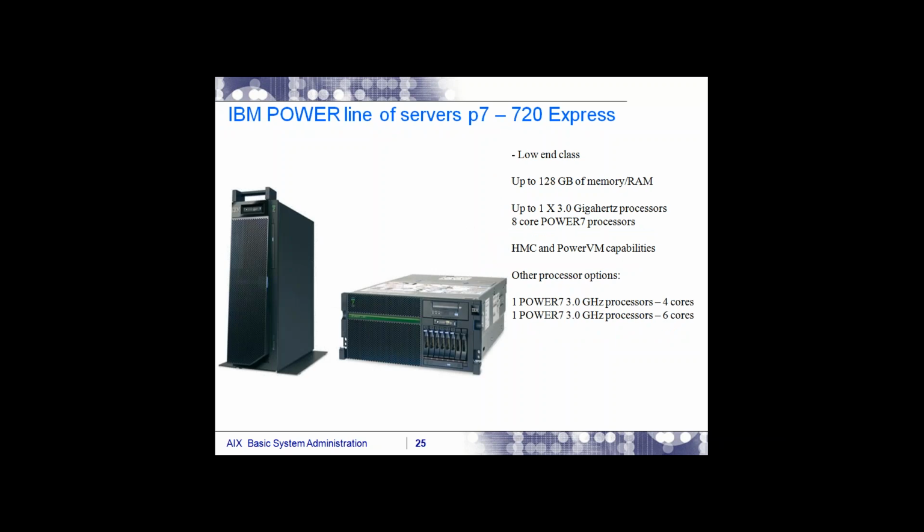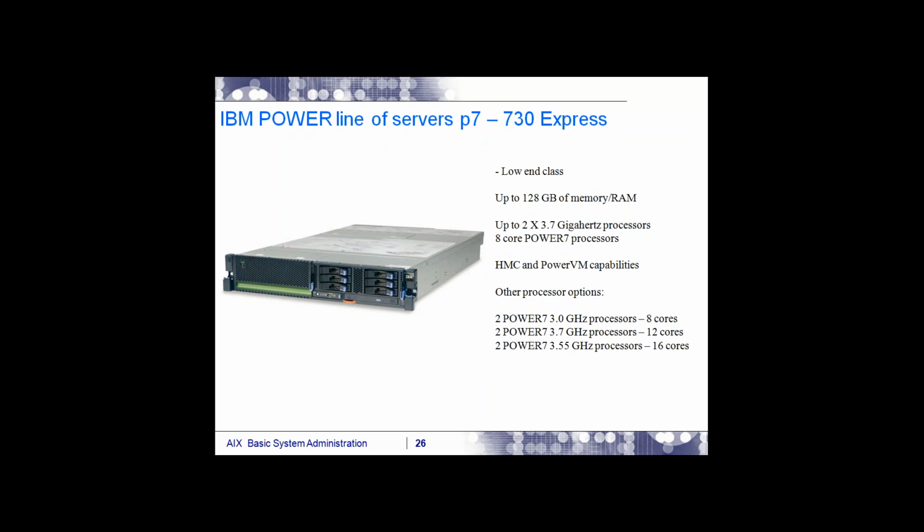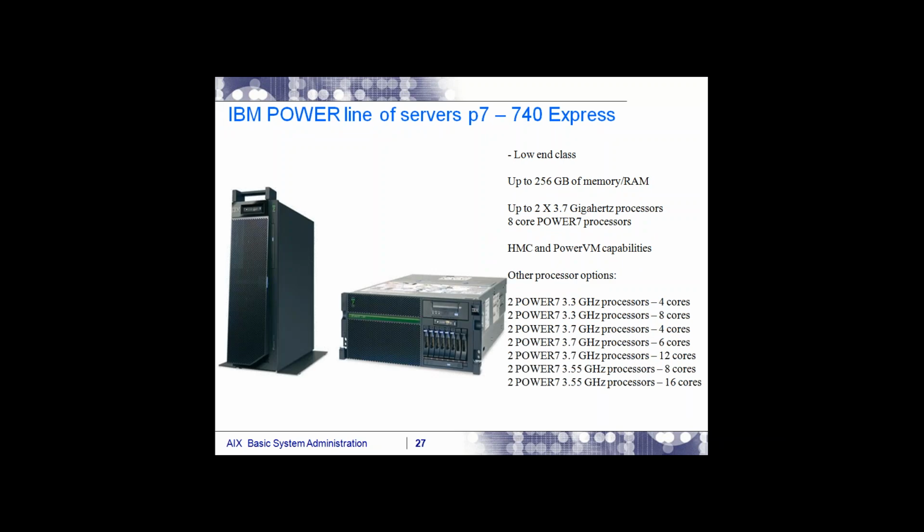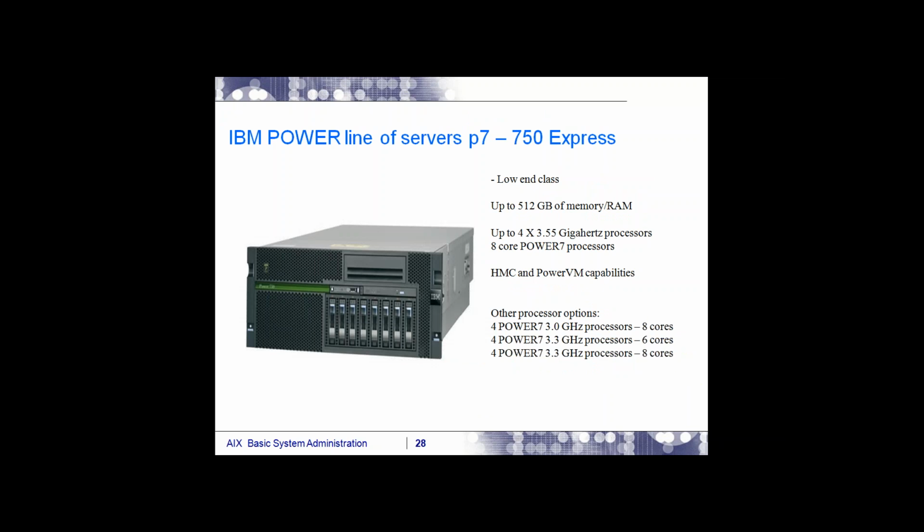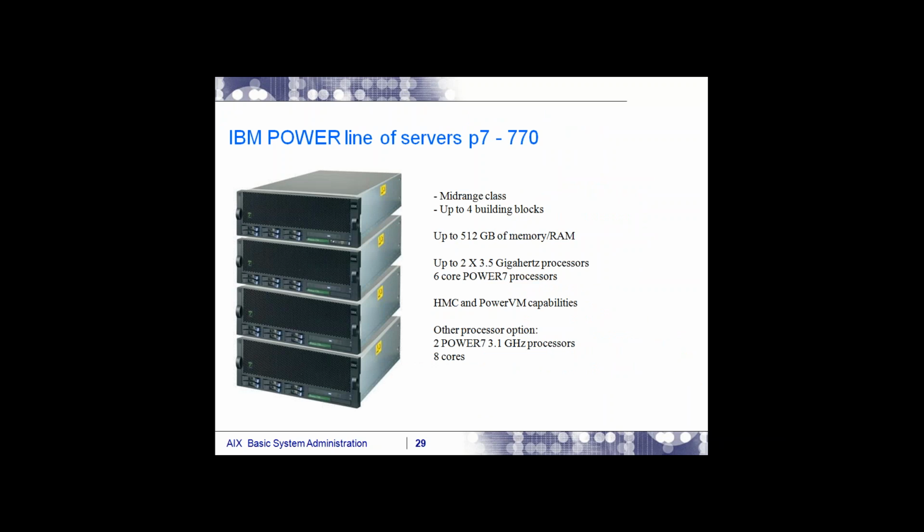So this is also another IBM Power line server, P7 720. So when the model gets changed, automatically the configuration keeps on increasing here. So this is the thing, and this is a technology. This is also one low-end server which contains 128 GB of memory. So this is another server. This also comes under low-end server, and this also comes under low-end server. 7550, and this is something called a mid-range server.